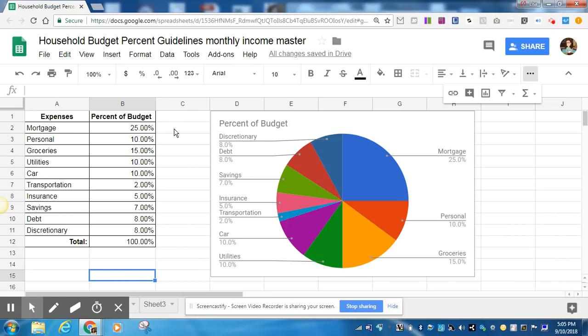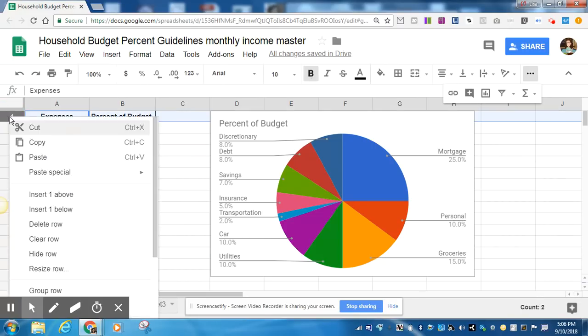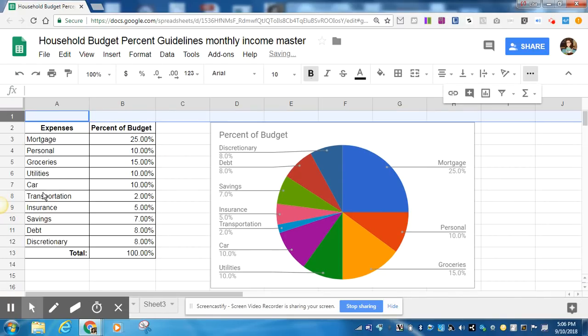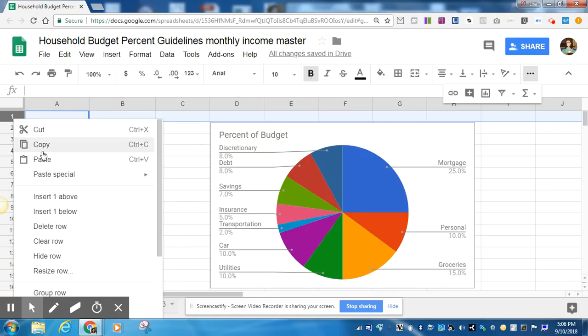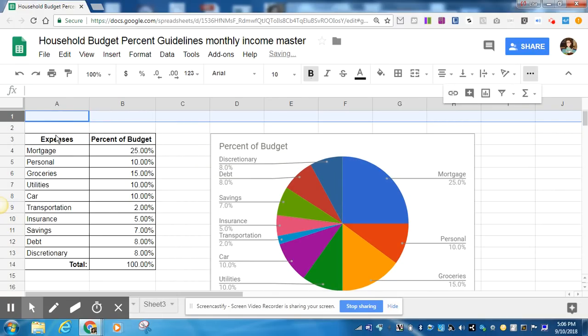Okay, so we're going to be entering values in each one of these. We're going to calculate using our income to find out what the dollar amounts would be for Jocelyn. Now, in order to do that, I want to make a little room up here at the top of my spreadsheet to put in my income information. The way you do that is to click on the row, right-click, and then insert one row above. And I'm going to do that one more time just for aesthetics or the way it looks. Okay, now